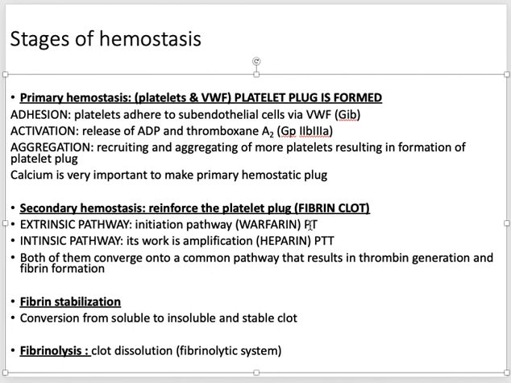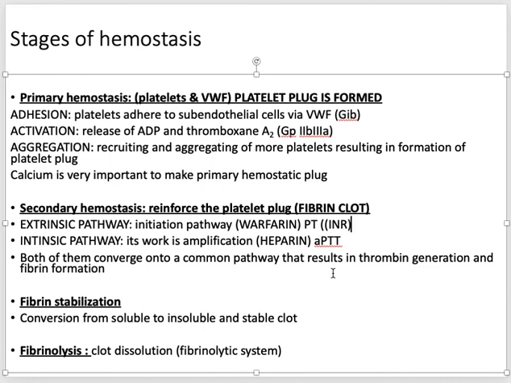For example, if you are giving anyone heparin, you will check the APTT, the plasma time. If you are giving someone warfarin, you will check PT or INR. It is also called INR, international normalized ratio. We check INR. This is something we can check in patients to check the function of this. Okay, so now